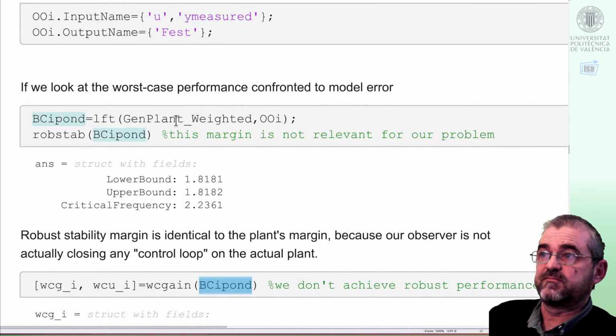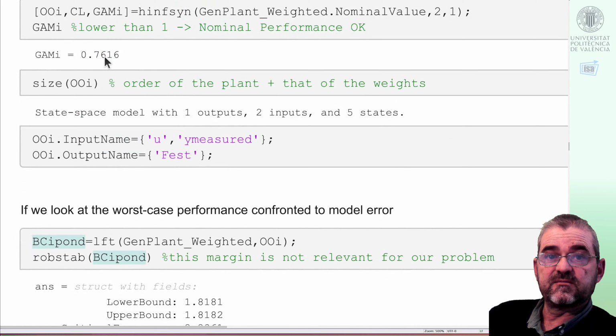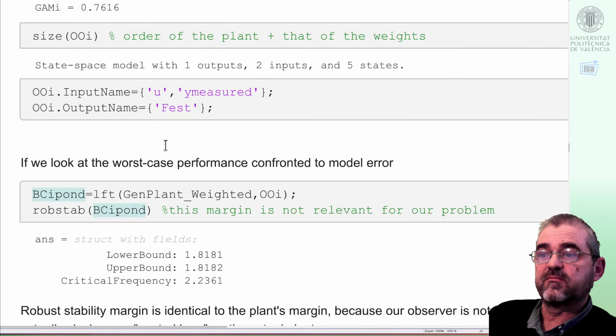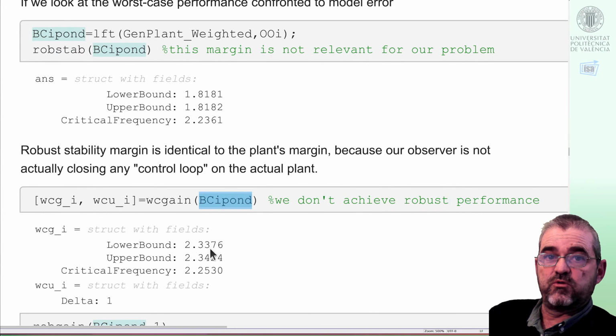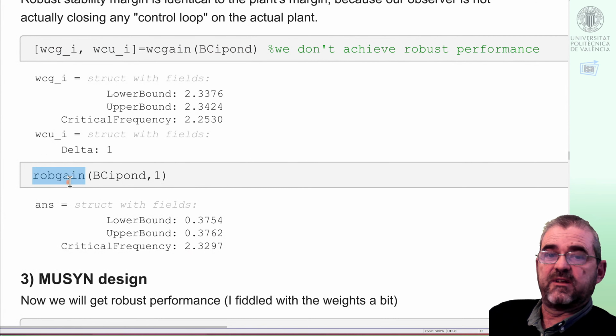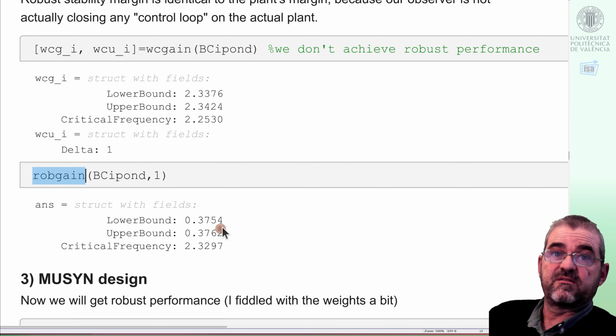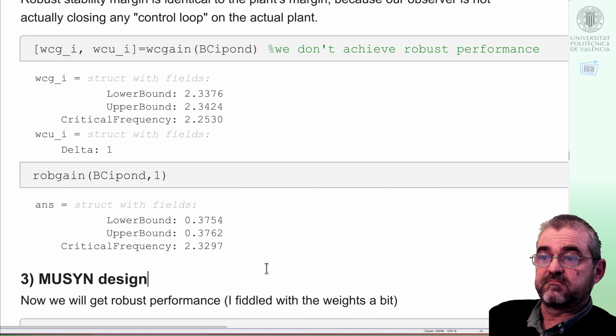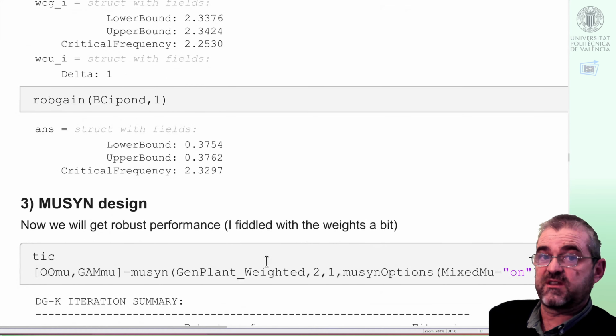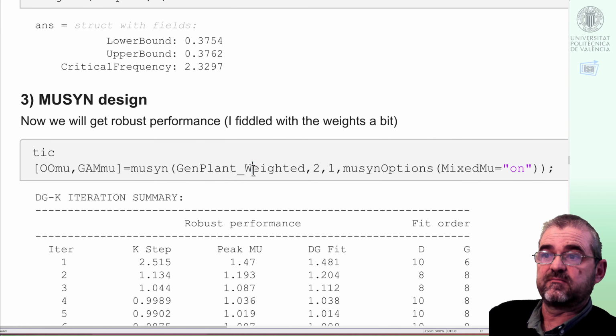So I have very good nominal performance, 20% below what I required, but I don't have robust performance because the gain exceeds 1 by a factor of 2.33. I only achieve performance within the limits I fixed if uncertainty is 37% of what it actually is in my model. So no way. If I do mu synthesis with the same weights and same generalized plant, with the musyn command,